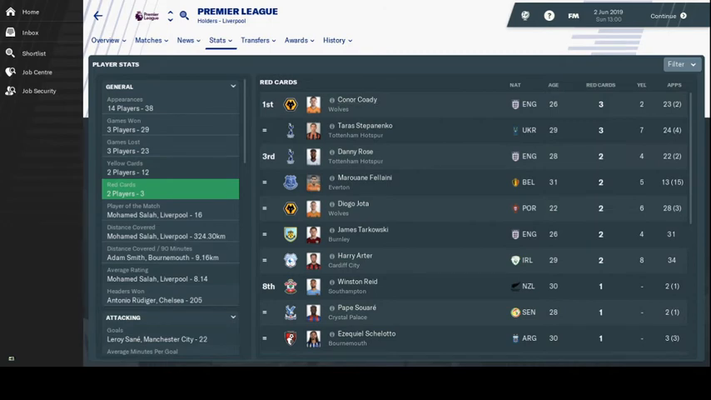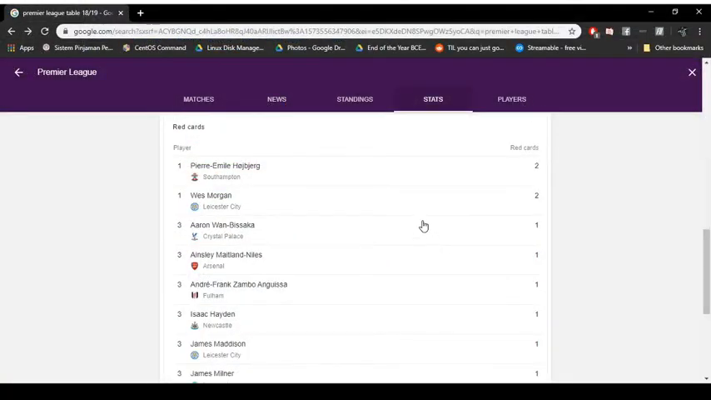Conor Coady of Wolves collected 3 red cards throughout the 25 matches that he played, followed by Taras Stepanenko from Tottenham Hotspur with 3, and in third, Danny Rose from Spurs and Marouane Fellaini with Everton with 2 cards. Now let us see the real life result. The highest amount of red cards was collected by Pierre-Emile Højbjerg with 2, followed by Wes Morgan of Leicester City, Aaron Wan-Bissaka with 1, Maitland-Niles with 1,